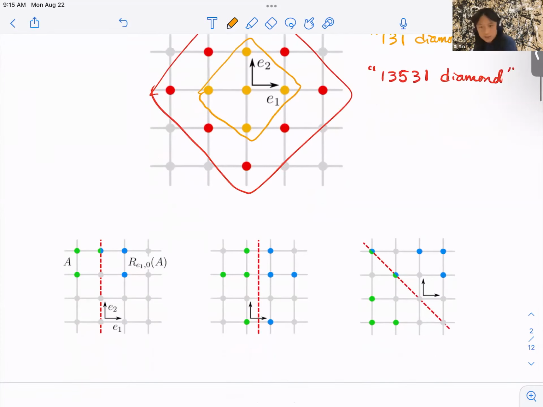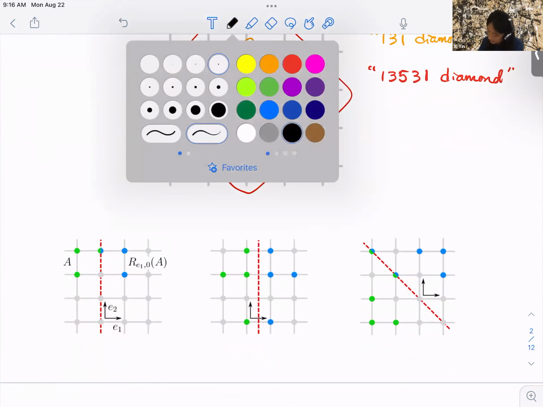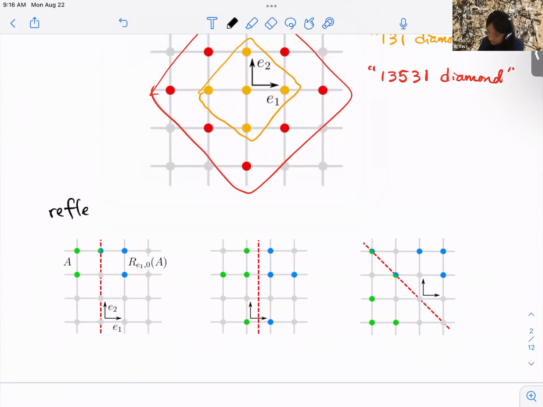Let me now describe the reflection positivity for the Ising model on the square lattice. We can also discuss the cubic lattice, but for simplicity, let me just focus on the square lattice here. There are actually 3 different types of reflection positivity. First of all, as I already mentioned, because the lattice breaks the rotation symmetry, you cannot reflect in an arbitrary direction. You can reflect horizontally or vertically, or you can reflect diagonally.